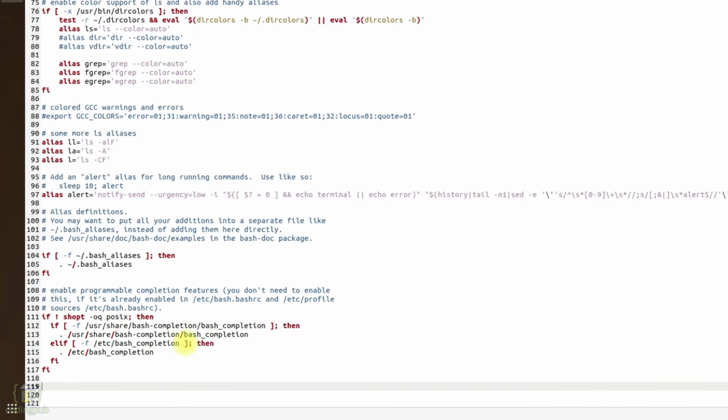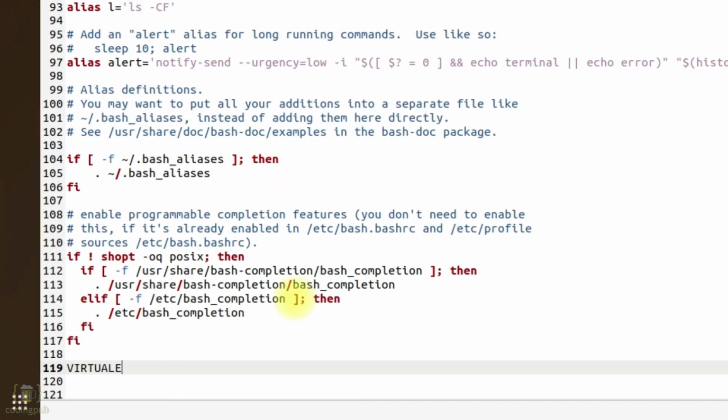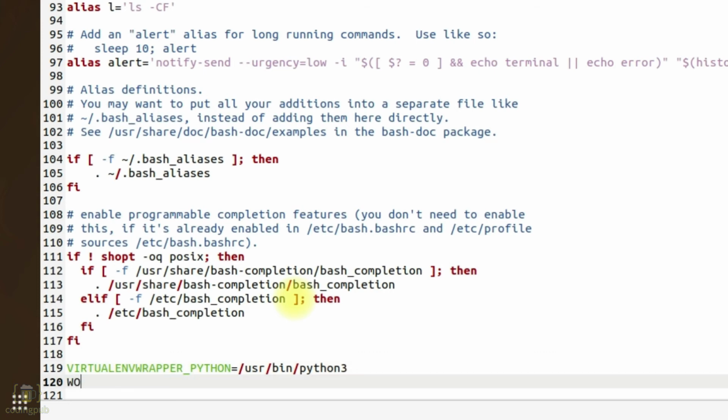At the bottom of the file, add these commands: VIRTUALENVWRAPPER_PYTHON equals /usr/bin/python3, and in the next line, WORKON_HOME equals venvs.